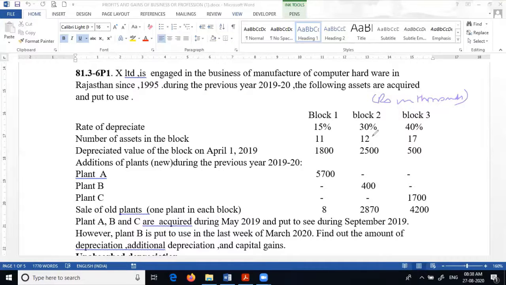Now, first we need to understand what the additions are. The addition is 57 lakhs. On that, additional depreciation will be how much? 20%, right? When was it acquired? For plant A, yes, here acquired in May 2019. But our plant B is put to use only in the last week. This is also put to use, and it is